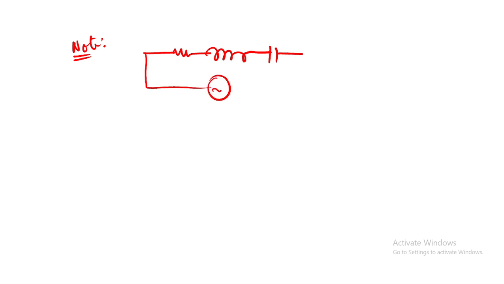Listen, guys. For example, we will try to write a note. Wattless current can be defined in an LCR circuit. Yes, of course it can be defined in LCR also. For example, you see there is a resistance, inductor and capacitor like this, with an AC supply. Yes or no? Just imagine yourself.